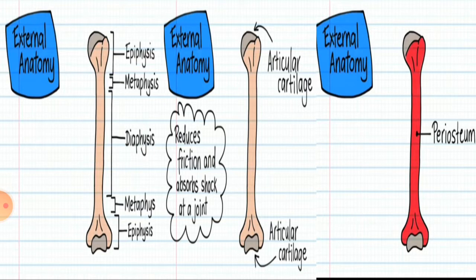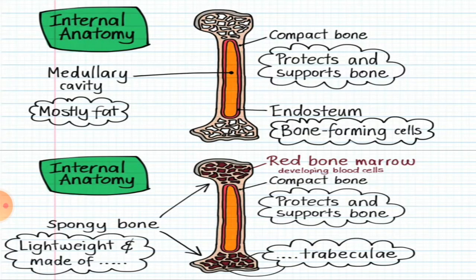Okay, so till now we have talked about the various parts of long bone. We discussed the articular cartilage and its function. We talked about the periosteal layer, and this whole makes the external anatomy of your long bone. The next is the internal anatomy, and if you take a longitudinal cross section of a long bone, then that's what you can find.